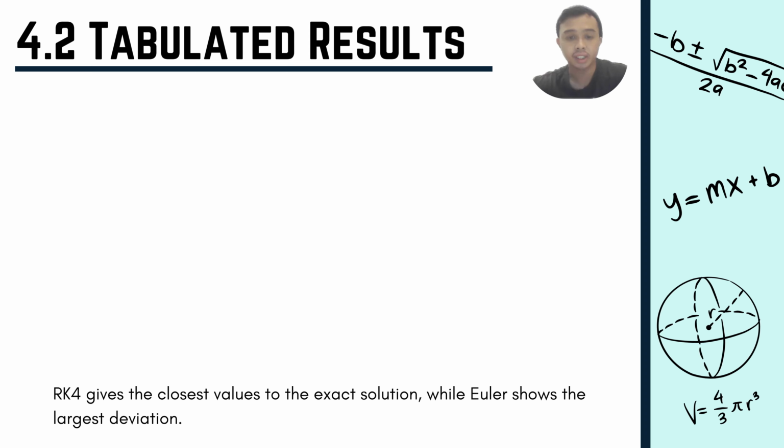Okay, the tabular result shows the numerical result obtained of the exact solution, Euler method, Taylor series method, and RK4 method. The values are calculated from x equals 0 to x equals 1, with a step size of 0.2. From the table, we can see that RK4 gives values that are almost the same as the exact solution. The Taylor series method also follows the exact solution closely. However, Euler method shows a larger difference compared to the exact solution, especially as x increases. Therefore, based on this table, RK4 gives the closest approximation, while Euler shows the largest deviation.